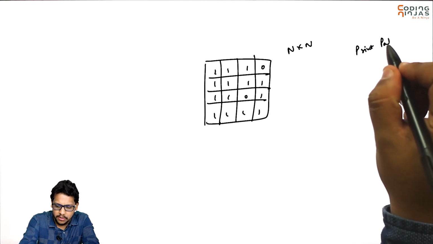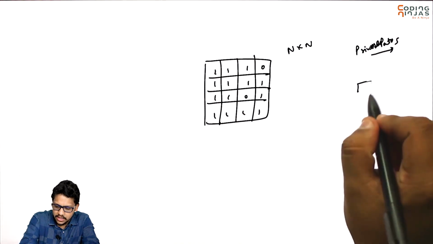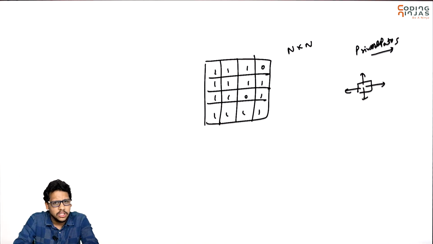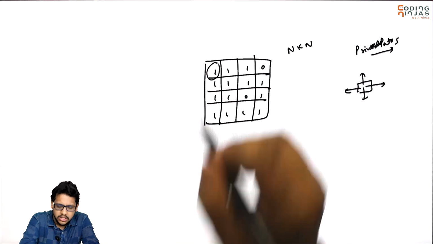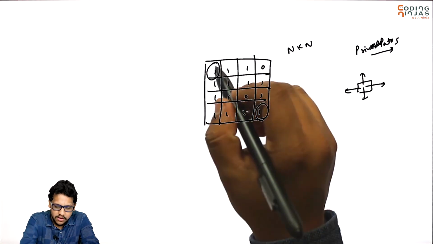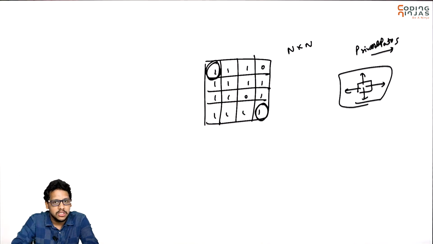So let's say print all paths. Print all paths, and for any cell you can move either right, down, left and up. These are the 4 directions you can move. This is the starting point, this is the ending point. You need to print all the paths possible, from where you can start from here and reach here, and these are the possible directions you have.